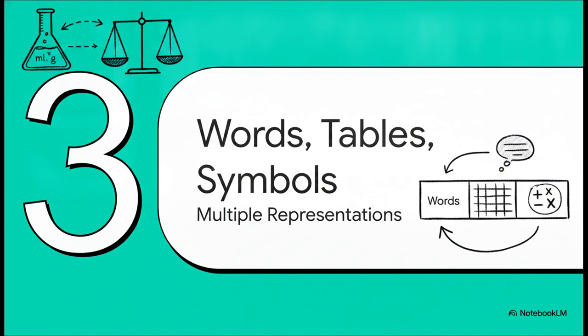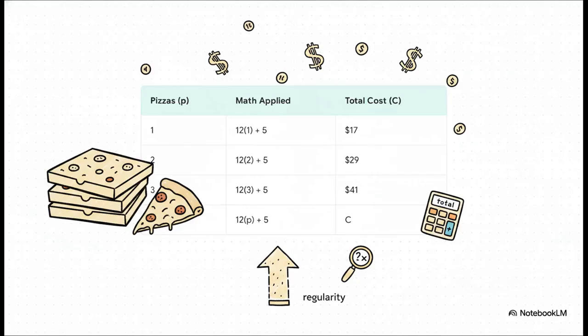Moving on to Section 3. Words, tables, and symbols. Now that we have our variables set up with their precise units, let's translate this relationship using a few different methods just to see how the logic builds on itself. A small table is actually a brilliant way to illustrate this pattern. Think about it. If we buy just one pizza, we multiply that $12 rate by 1, add our $5 delivery